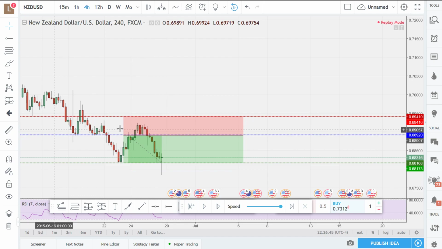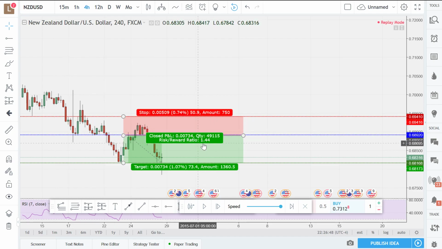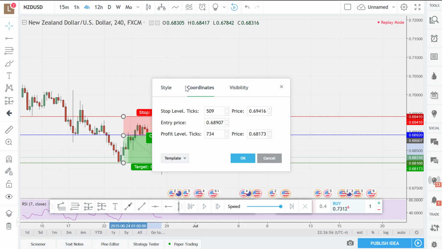Got it. 1.4. It's right in that area. I like to be more like around 1.5, but 1.4 to like 2, right around there would be great. So now what I do to make sure I'm